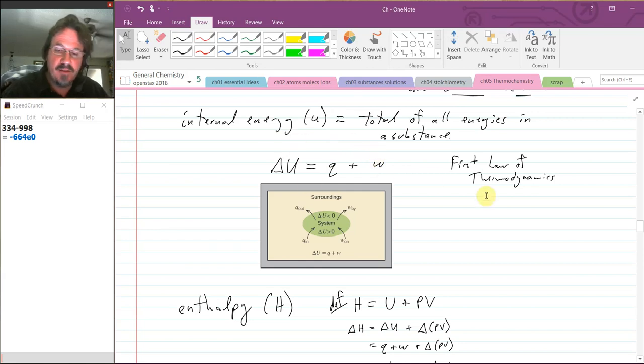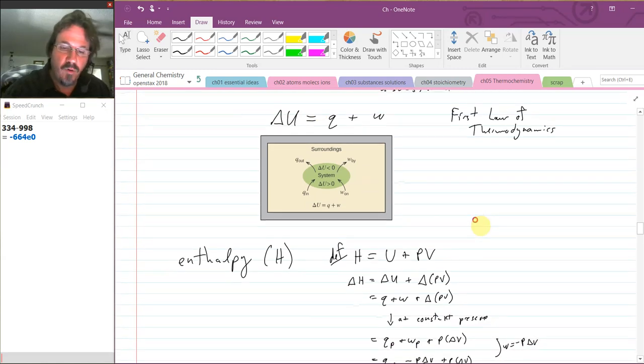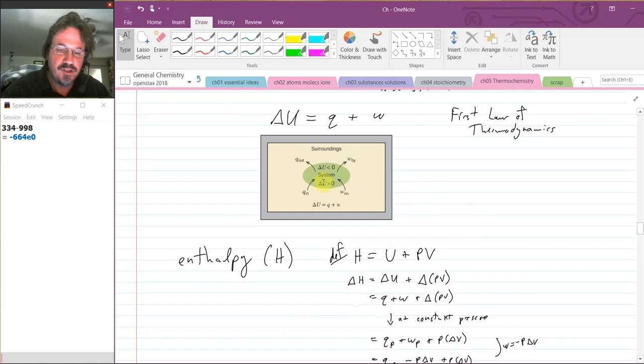That is described as the first law of thermodynamics. Another way of saying the first law of thermodynamics is that you're not creating energy, you're not destroying it, it's just flowing somewhere. You're just putting it into a different form. Right? And in this case, again, it's flowing in or out as work or heat. The book has this picture just to summarize this idea. You've got your system, this green circle, and you've got this surroundings that the system is living in, if you will. And if the change in internal energy is negative, that means it lost energy. That energy went somewhere. Or if it's positive, that means it's gained energy.